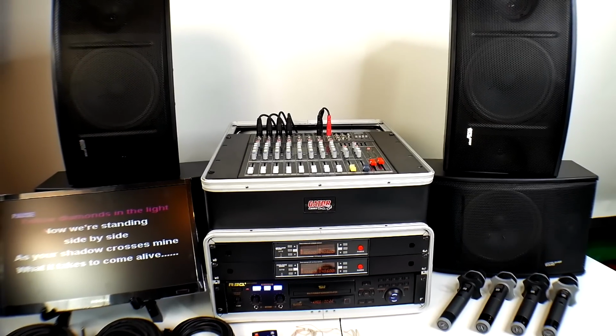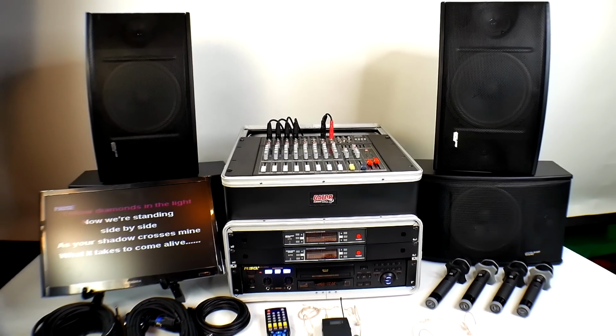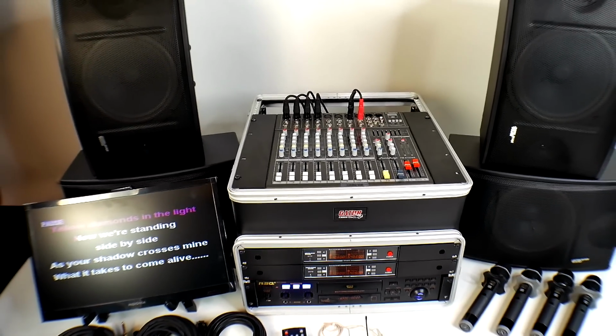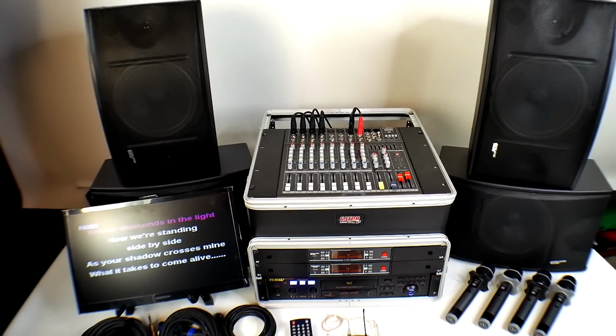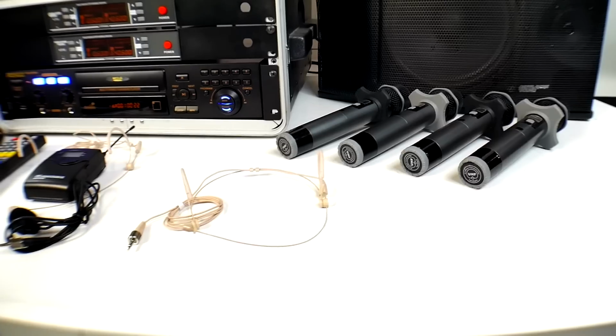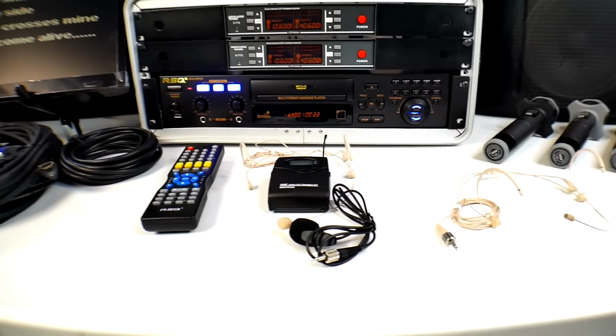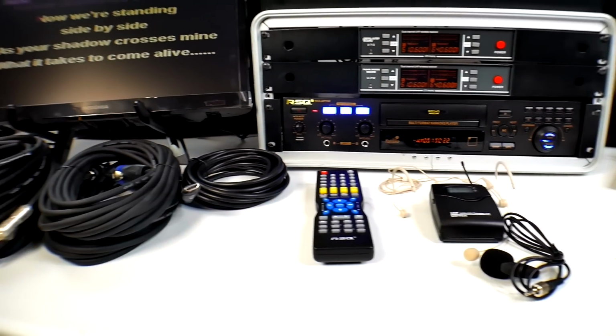We give you all the cables that you need to run the system, so you don't have to worry about anything. We'll even put color codes on if you want to just make sure you plug them in the right spot. We'll do that. Moving over here to the cables and through the microphone system,